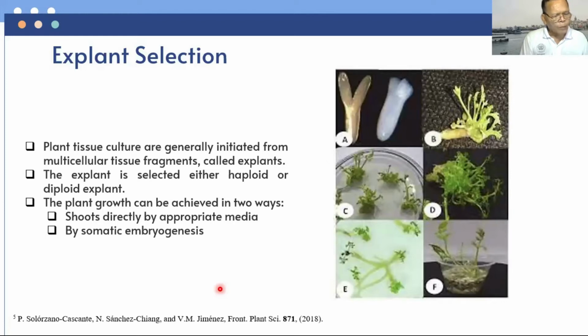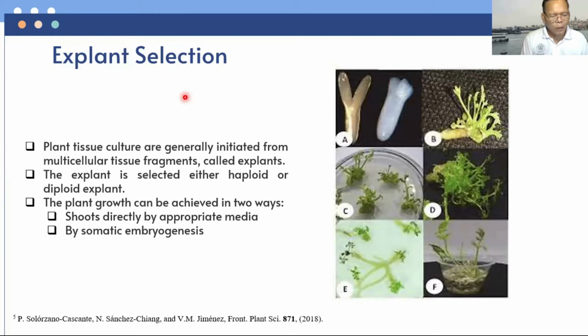Plant tissue cultures are generally initiated from multicellular tissue fragments called explants. Explants are obtained from a living plant. Explants may originate from a wide range of plant tissues, such as leaf, stem, root, petiole, hypocotyl,